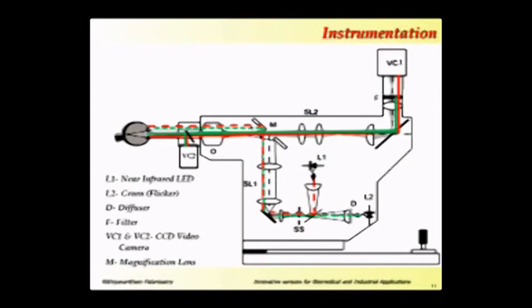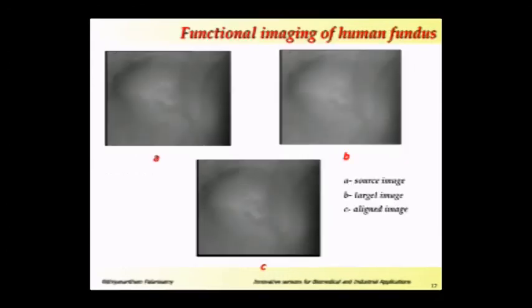camera, and it is filtered by the filter F and sent to video camera 1. This video camera 1 captures the inner view of the human eye. At the same time, video camera 2 captures the movement of the pupil. These both cameras are synchronized with the help of software to acquire the images at the same time. So this is an image acquired by video camera 1. The images are acquired at the rate of 25 frames per second.